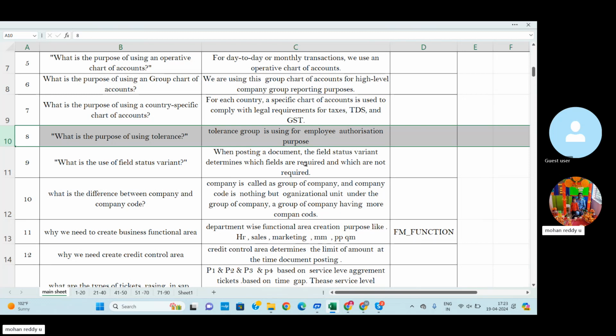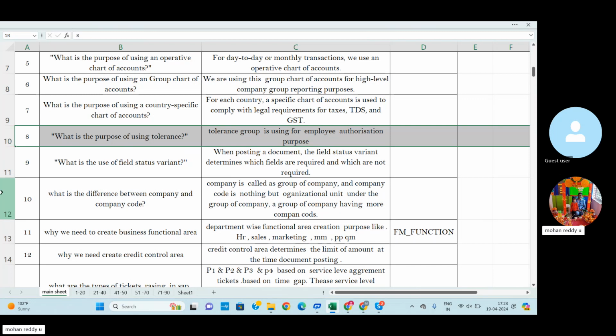For example, when you post the document entry, some of the options we must fulfill. Then only we can generate the report. So for this purpose, the field status variant determines at the time of document entry posting which fields are mandatory and which are not. For this purpose we use the field status variant.